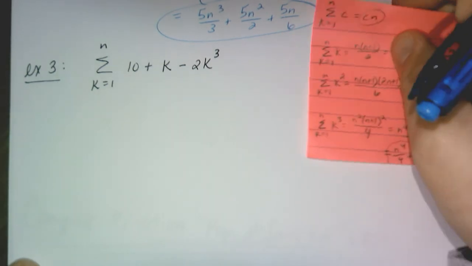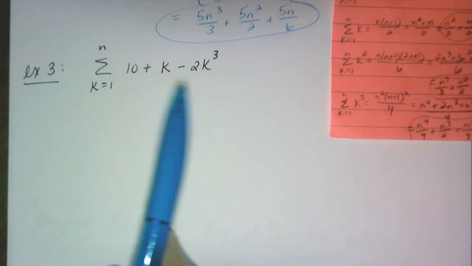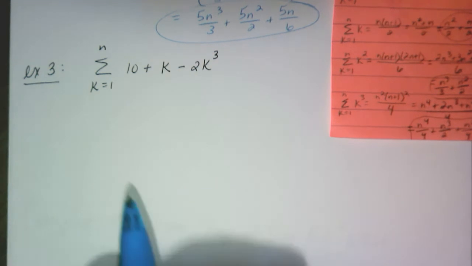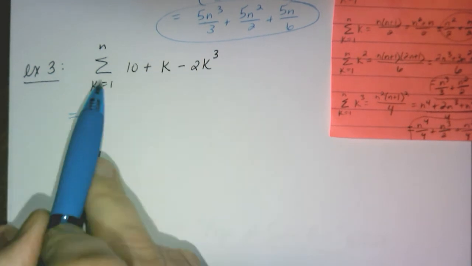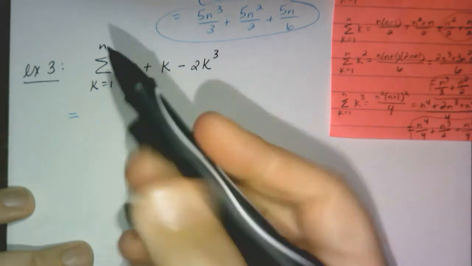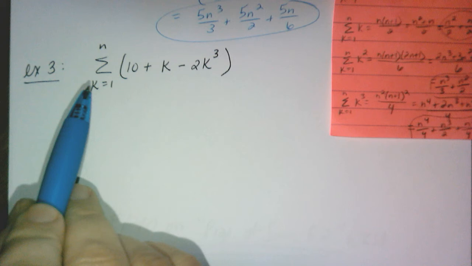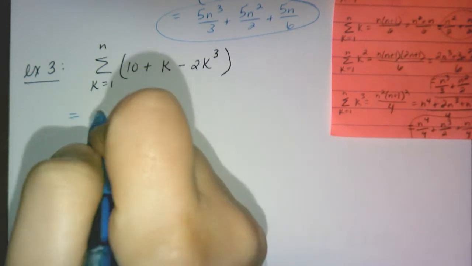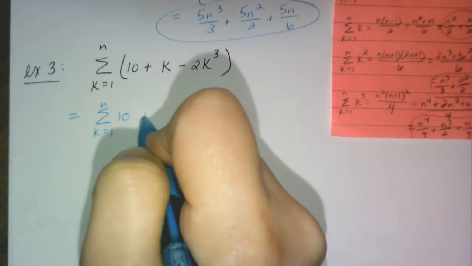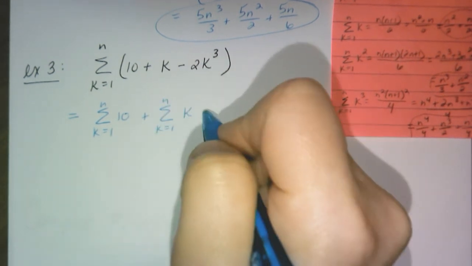Okay, so this one I am adding and subtracting some constants, some k values. So let's kind of break this apart. So really what you're doing here is you're going to sum all of this. Okay, I guess I should actually put this in parentheses. You're going to sum this. So you're going to almost take the sum of each one separately. So sum k equals 1 to n of 10 plus the sum k equals 1 to n of k minus,